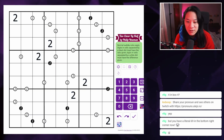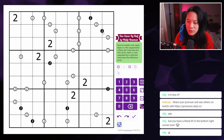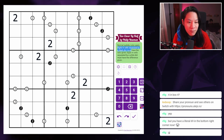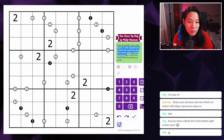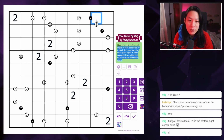Okay, so with that done, let's have a look at today's genuinely accessible Sudoku. We have some 2s in blacks and whites. So normal Sudoku rules apply. Digits in cells separated by a black dot must have the ratio given. Digits in cells separated by the white dot must be different. Oh, okay, so these are 1, 2 ratios, and these are